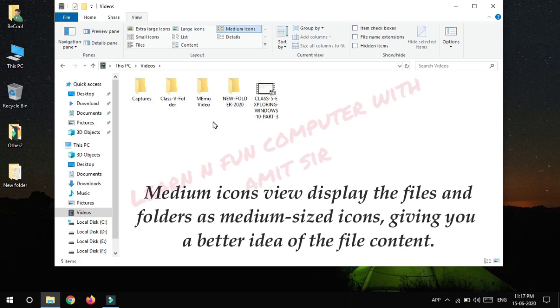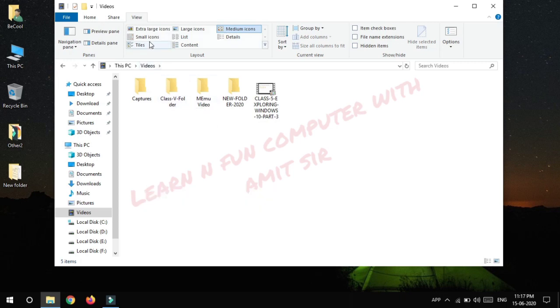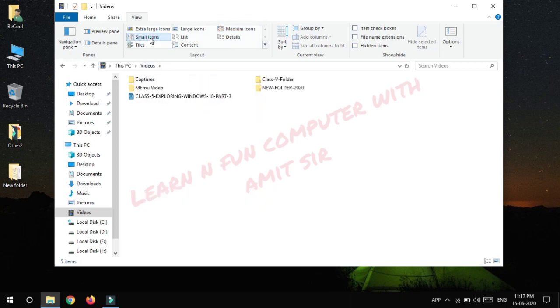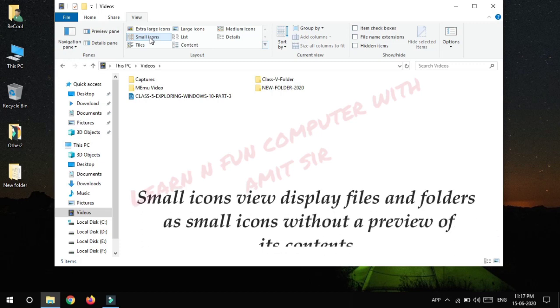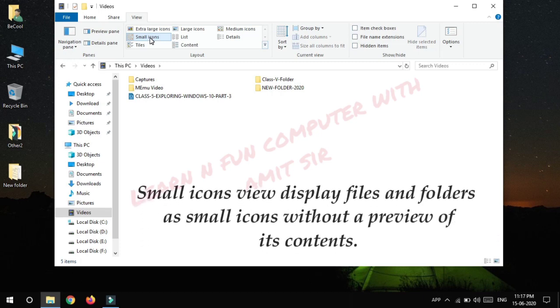Medium icon view displays the files or folders as medium sized icons, giving you a better idea of the file content. The next is small icon. Small icon view displays files and folders as small icons without a preview of their content.